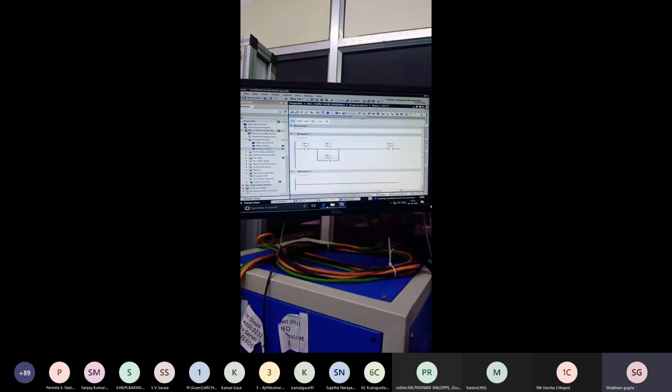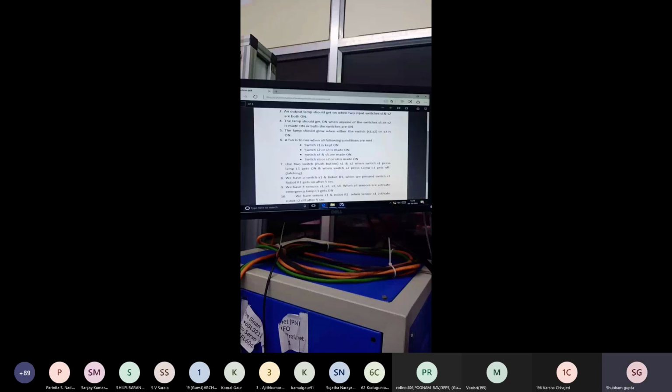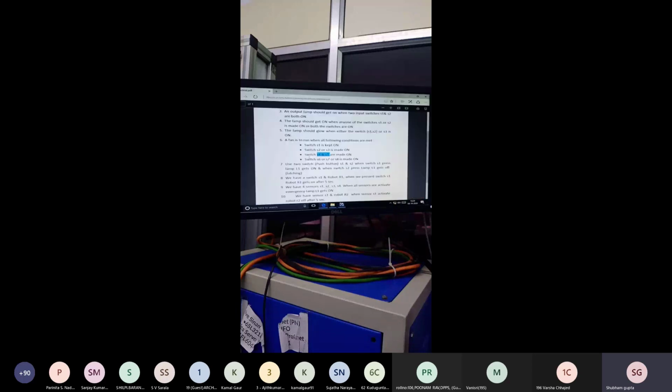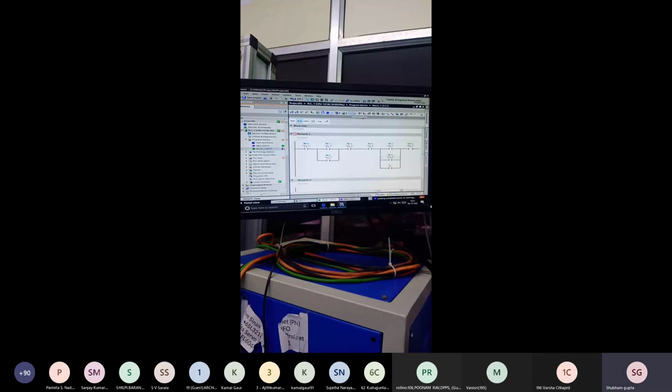And in the third condition, S4 and S5 are compulsory on, which means series: S4 is I0.3 and S5 is I0.4, a compulsory connection. And in the last condition, either S6, S7 or S8, any one, is I0.7.